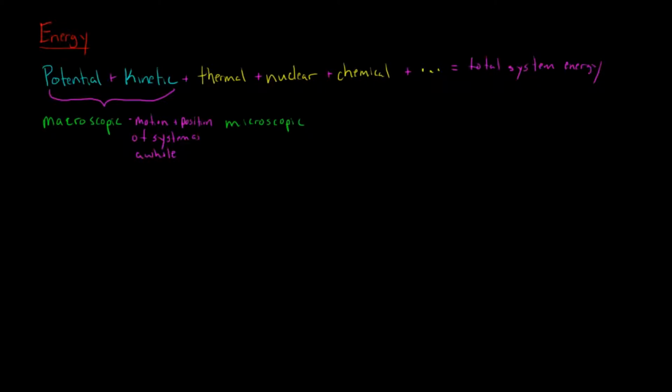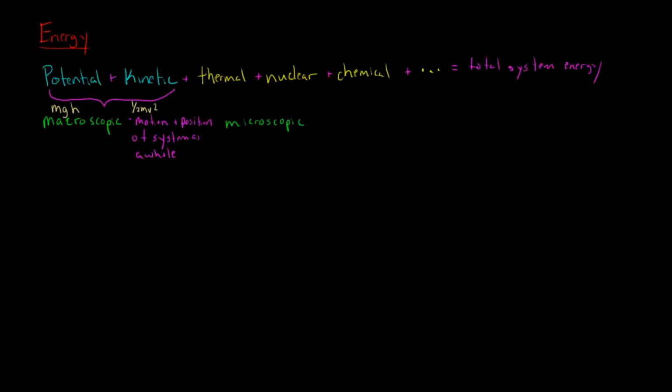And that makes sense if we look at the equation for potential energy, mgh, where h is the change in height of the system, and kinetic energy, which is 1/2 mv squared, and the kinetic energy depends on the velocity